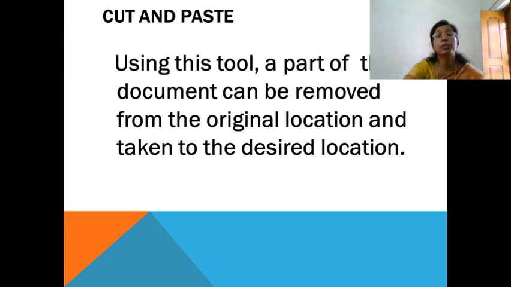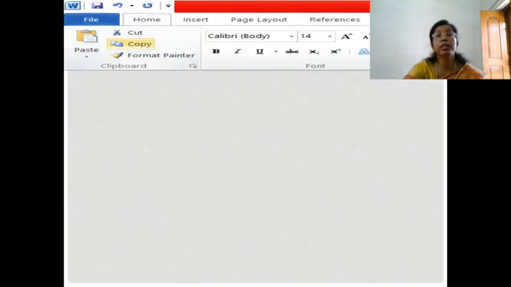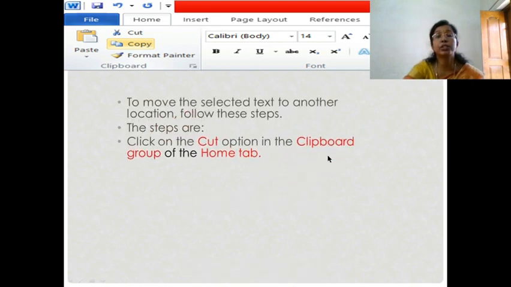So the steps to cut and paste text are: cut and paste option you can also find in Home tab, clipboard group. Okay. First select the text. Okay. After selecting, click on the cut option from the clipboard group of Home tab. Then